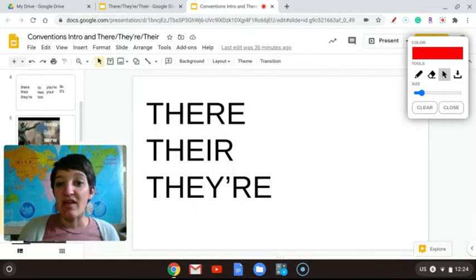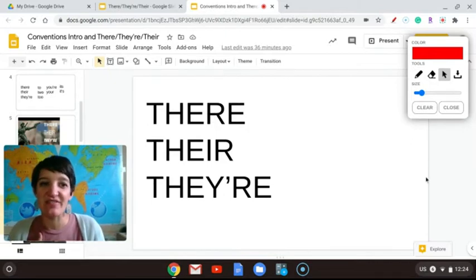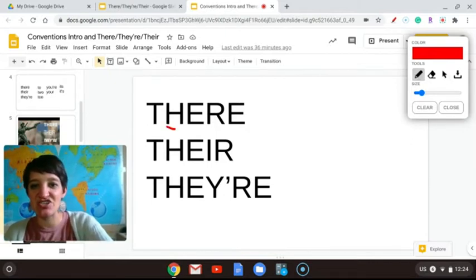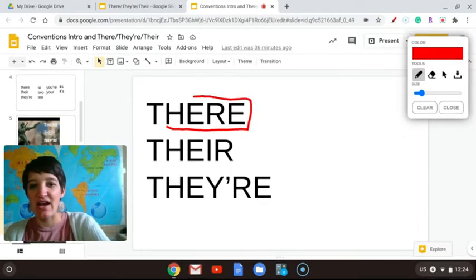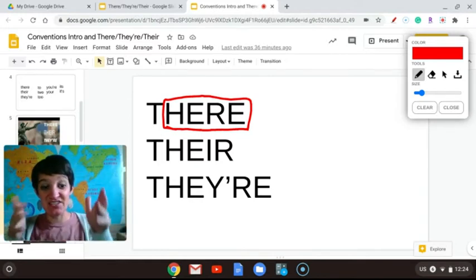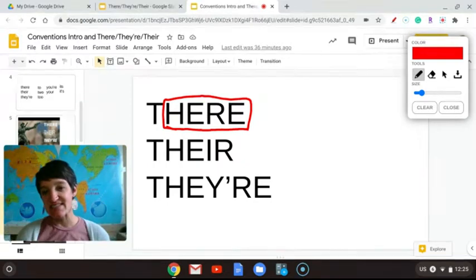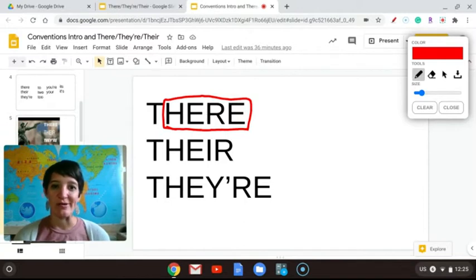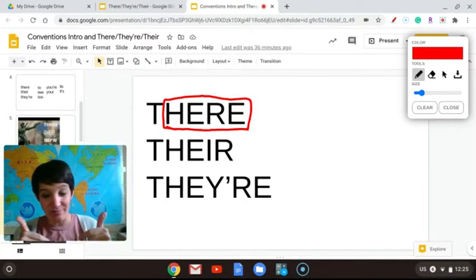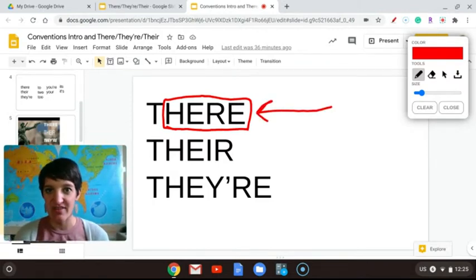Okay, so those videos showed you differences. I'm going to explain what makes sense to me and how I remember these words. The first there is the there that has the H-E-R-E. And I remember this there because it actually has the word here in it. And this there is actually talking about a location. It's not talking about here. It's talking about there. So if the sentence is talking about a place or a location, and it's not talking about here, but it's talking about there, then I know I'm going to want to use the T-H-E-R-E, the there. Okay, that's how I remember this one.